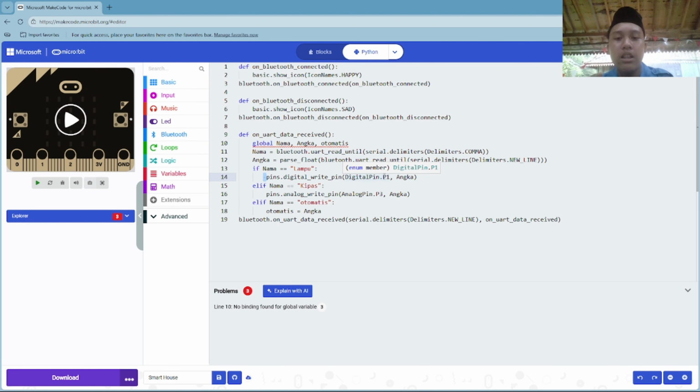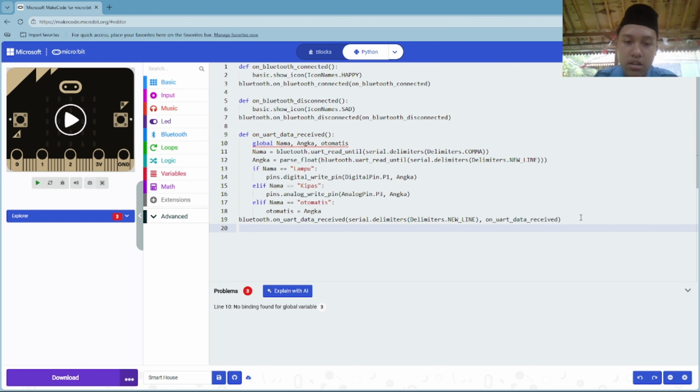Why do we need to make the pin to be pin 1? Yeah, it's because in our electronics in our smart house, the lamp was connected to pin 1. So only that, and then kipas also like that. And then this one elif is nama otomatis, is for otomatis function that we already made before.